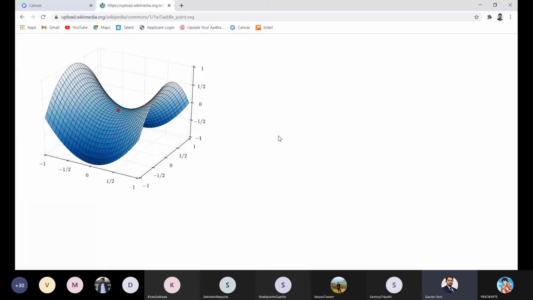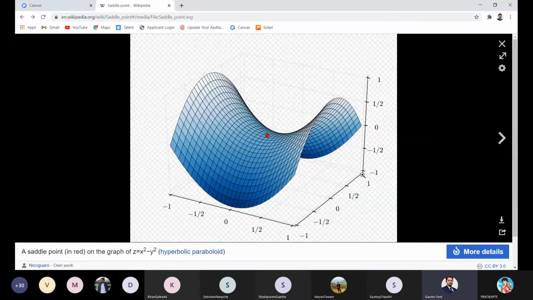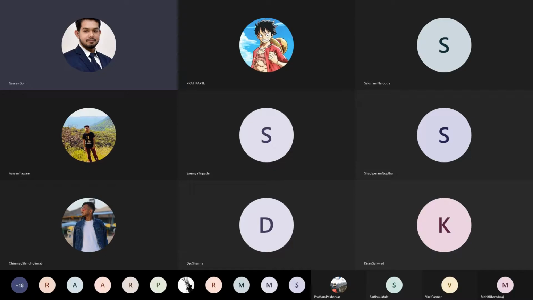And if I look along this y-axis, that will become the maximum. So you just have to figure out two directions. In one direction, that red point is a minimum, and in another direction, that red point has a maximum value. So that's why this point can be called neither the maxima nor the minimum, because along some direction it has a maximum, and in some direction it has a minimum. So I hope you have got the point of what we mean by this. Saddle.